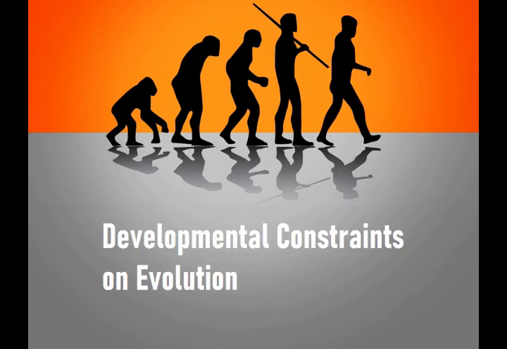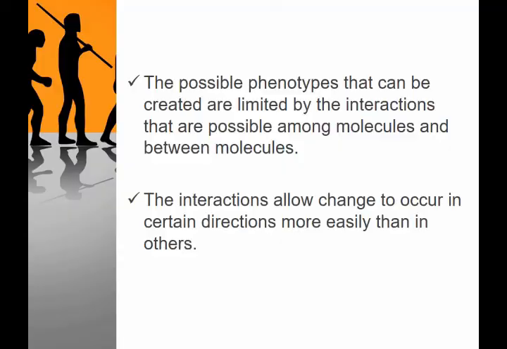Okay, my name is Vera. I will continue with the next topic, developmental constraints on evolution. So the first thing you must know is the basics of what a developmental constraint is. Basically, there are only about 3 dozen major animal lineages, and they encompass all the different body plans seen in the animal kingdom. So the question is, why don't we see more body plans among living animals?